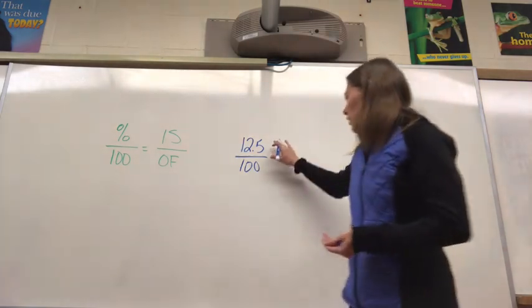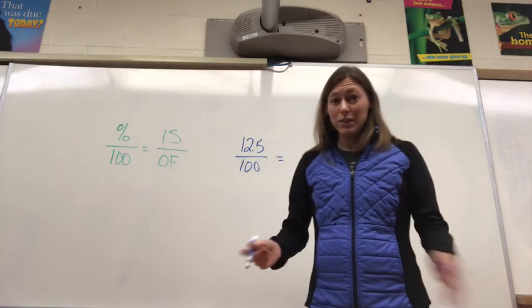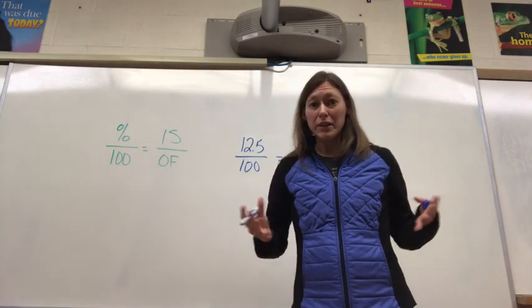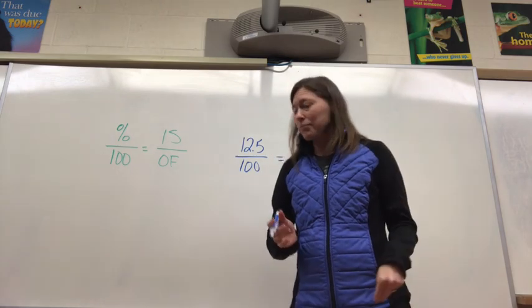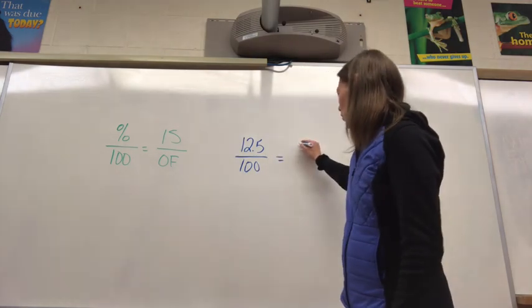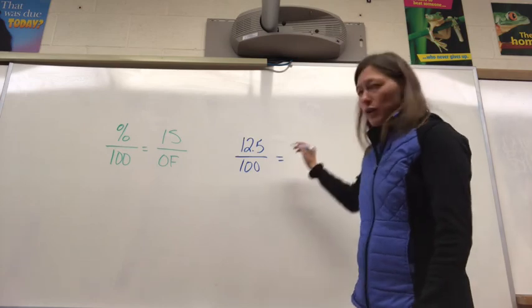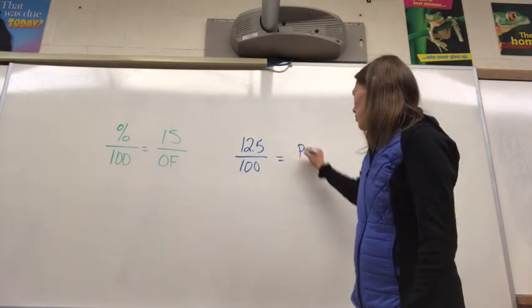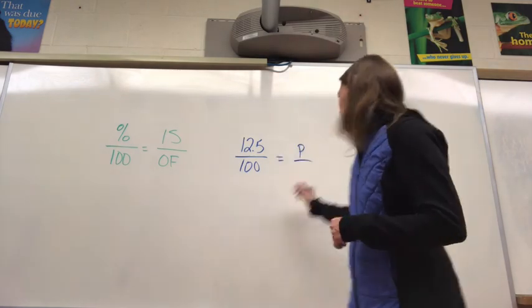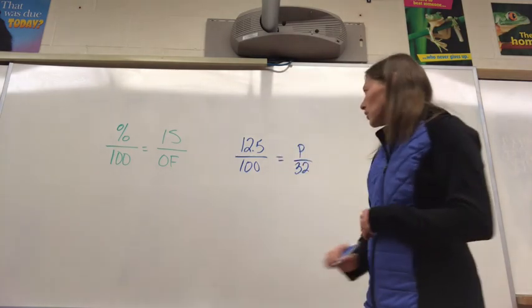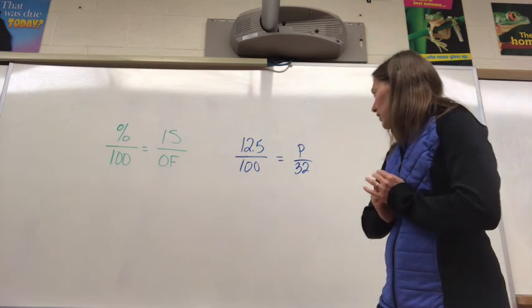So we don't know what the is. Did that make sense at all? But anyway, we don't know what the is. So we're going to put an X there or whatever variable you like. How about P for pumpkins? And it's out of my total, which was 32. Okay, so now we have a lovely little